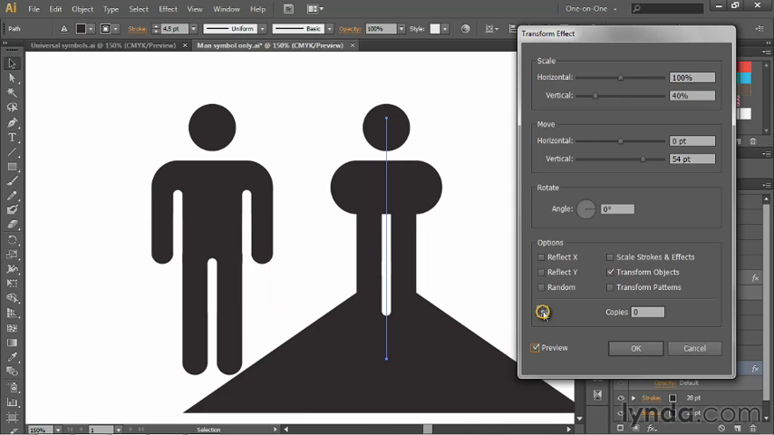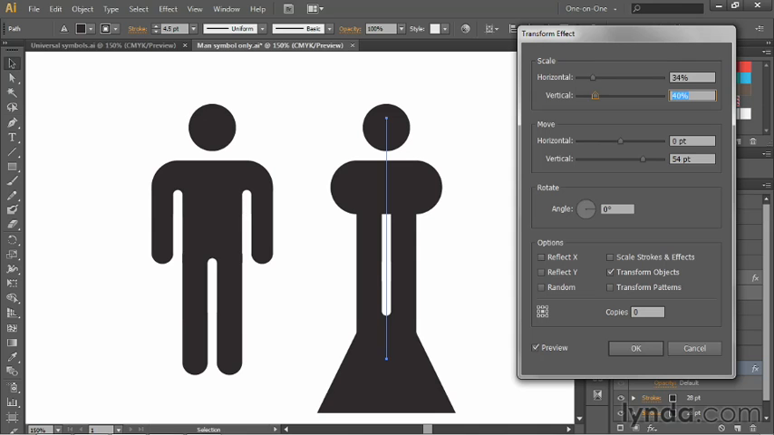And I'll also select the center point inside the reference point matrix, which is located on the right side of the dialog box in CS5 and earlier. Now I'll change the horizontal scale value to 34%, and I'll take the vertical scale value down to 60%. Now we need to scoot this dress shape upward, so I'll go ahead and change the vertical move value to